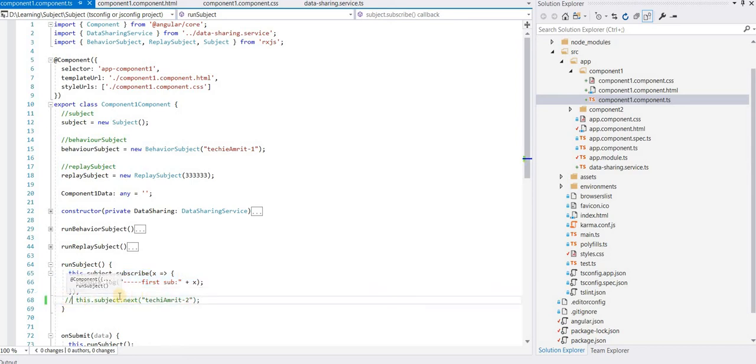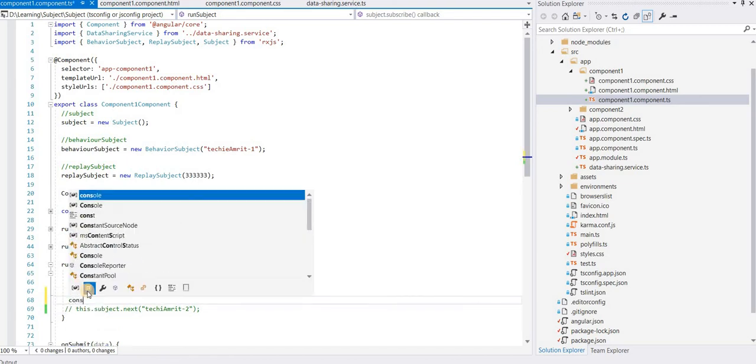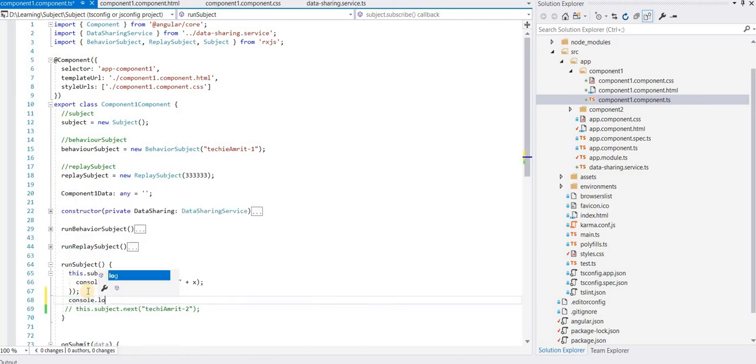If I comment this, then in the console.log it will not print anything for us. I can show you. If I just simply console.log, nothing observed, right?